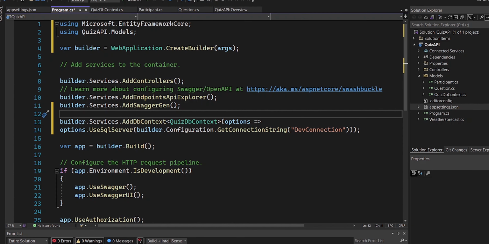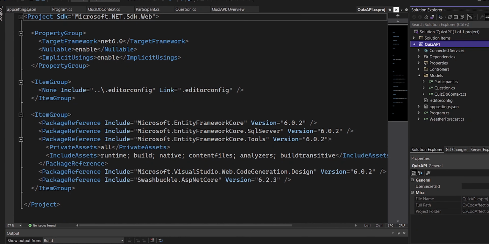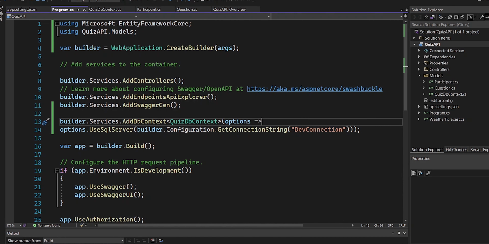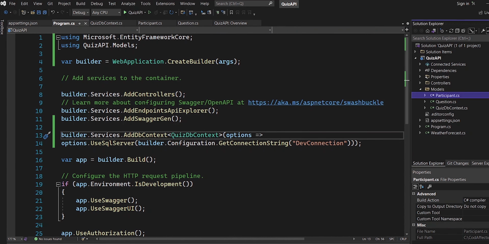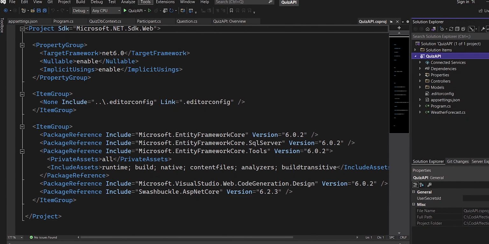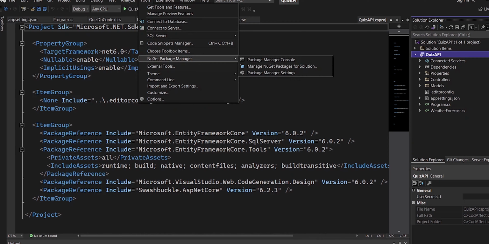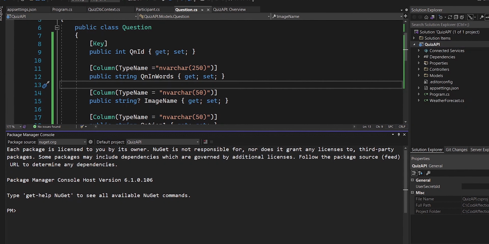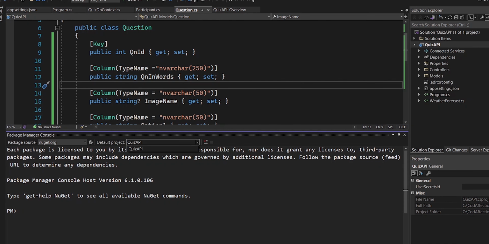So here we have done with the dependency injection. Now let's build this project. After successful build, we are going for migration, which is the process of creating the actual physical DB with these model classes provided here. For that, first of all, select the project, then go to tools, then manage NuGet packages, then package manager console, and make sure the same project that we have here, quiz API, is selected from this